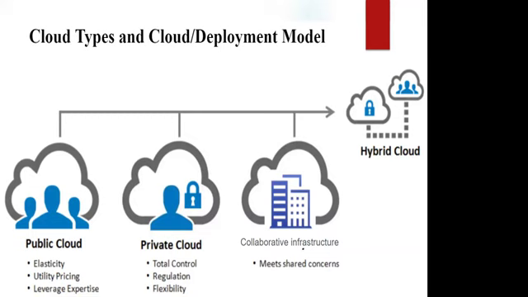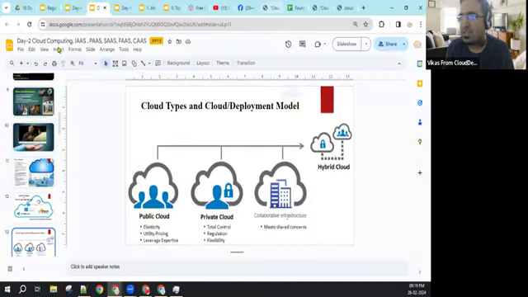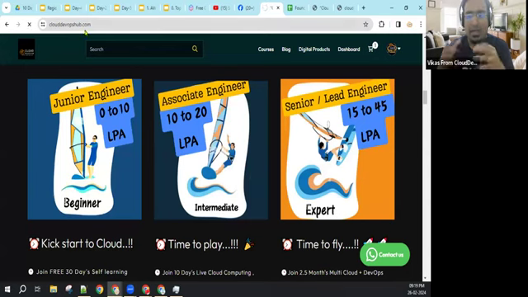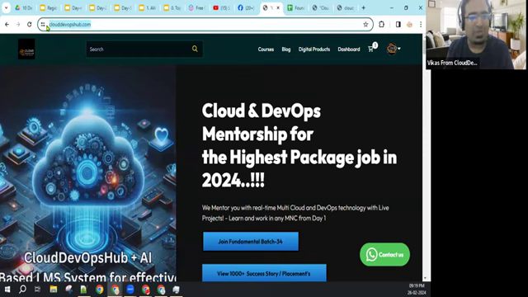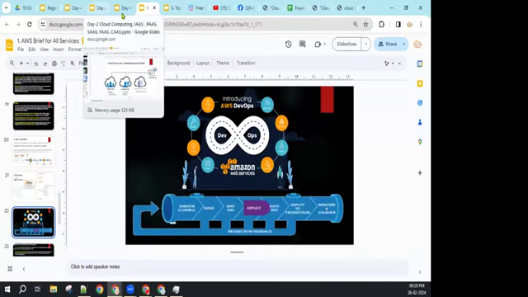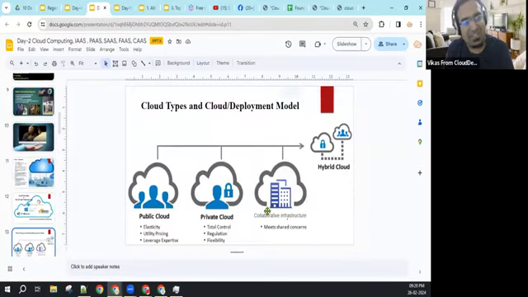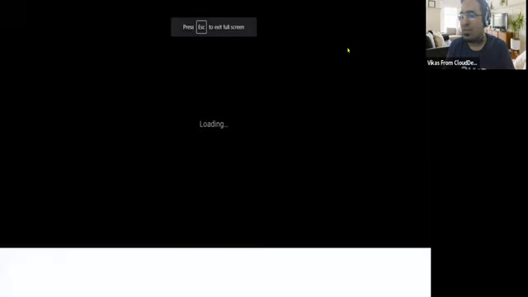So what do they do on that infrastructure? Let us assume a simple way. This is Cloud DevOps. I am Vikas, I am teaching here, I am mentoring you. Someone else can also mentor in this community. Possible or not? But they will use the same platform. In the same way, using the same infrastructure by different organizations is called community cloud or collaborative cloud.